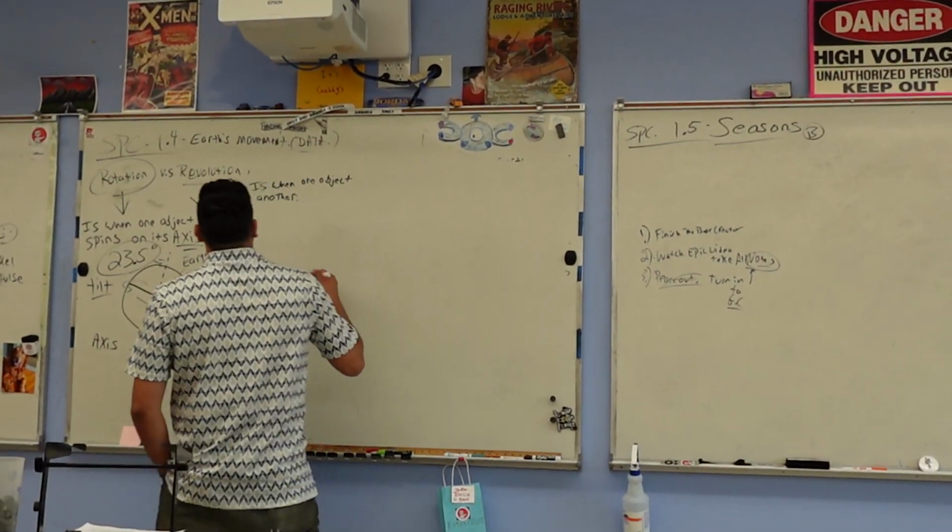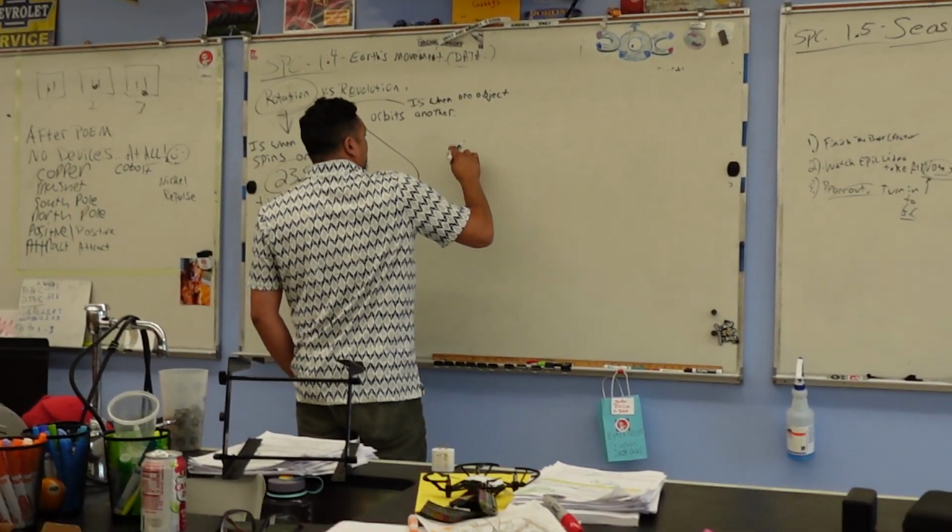Okay, so let's go to revolution. Revolution is when one object orbits another. So in this example,